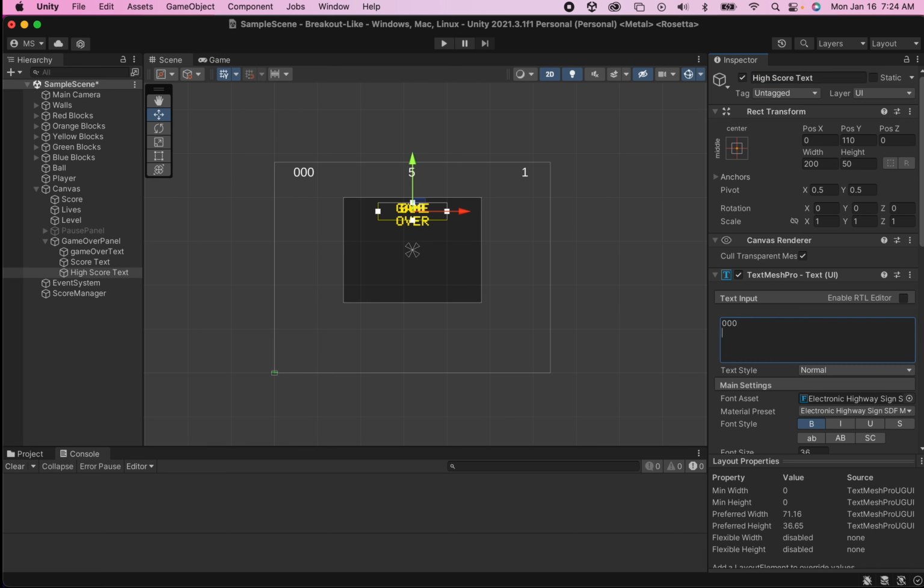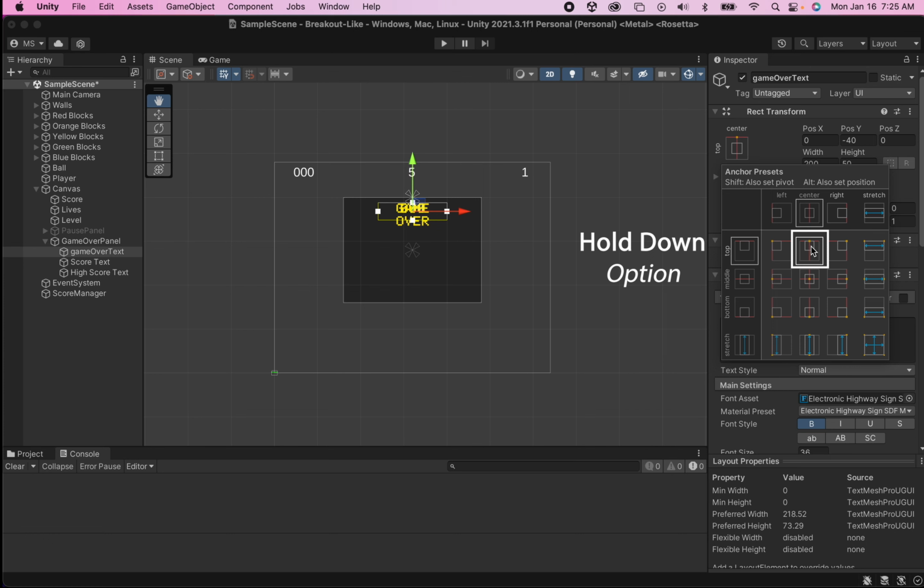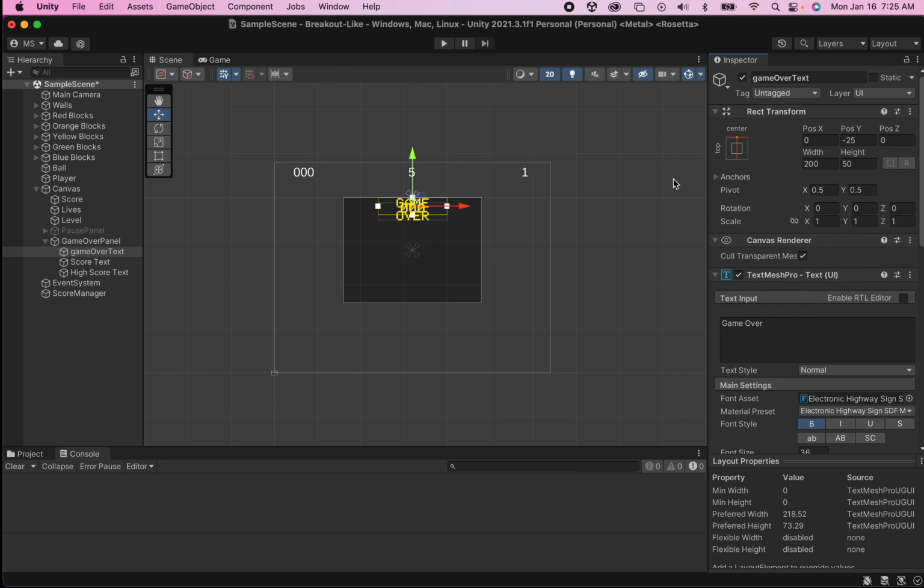Now I do like to make sure that these are properly anchored, and so starting with our game over text, we'll head to the rect transform here, and in our anchor presets, I just want to anchor this one to the top middle. So I'm just going to click right there, then hold down Option or Shift if you're working on PC, click that, and that will anchor it to the top middle of the panel. I do like to give it a little bit of a buffer at the top, so let's move it down